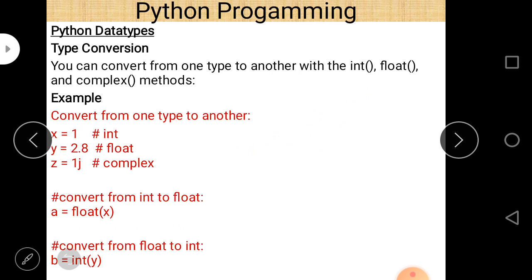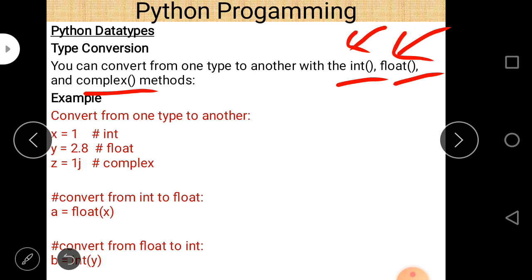To convert data from one form to another, you use these functions: int, float, and complex. To convert to int type of data, you can use int. To convert to float, you can use float, and to convert it into a complex number, you can write complex.